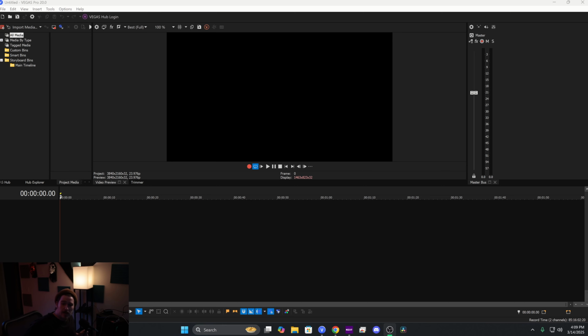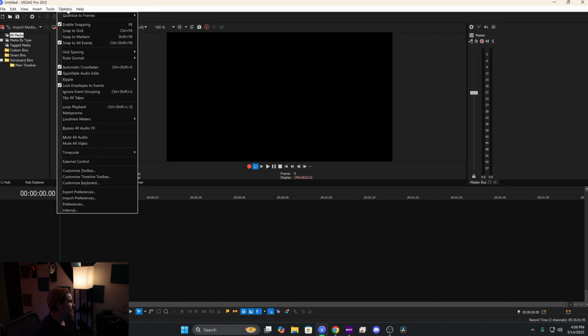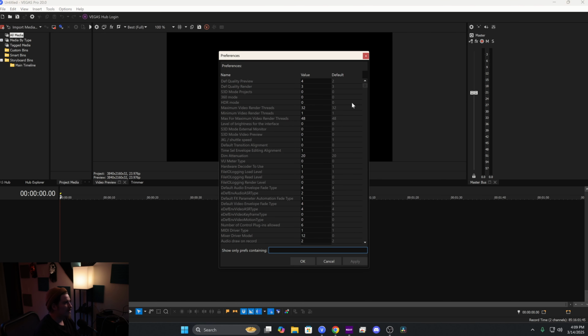Okay, so now we are in Vegas Pro. And being in Vegas Pro, this is how we would fix such a thing. You need to go down and hit, I believe it's Shift and then Option. Yes, hold Shift and hit Option there, and then Internal. And when you're in Internal,